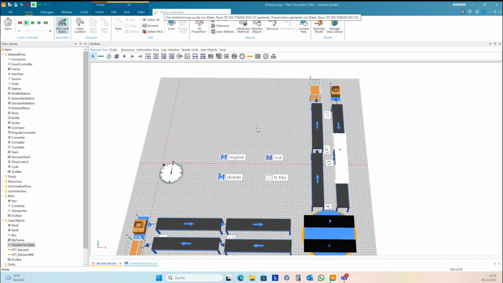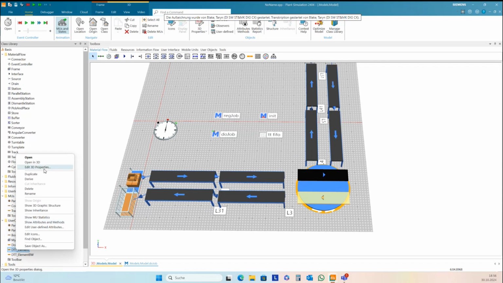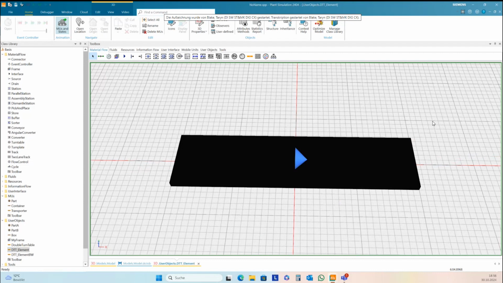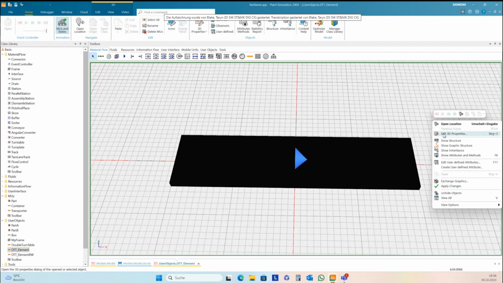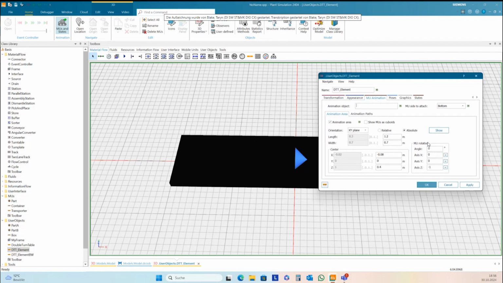Okay, now we only need to change the orientation of the part during the animation on this turntable element. Open 3D. We need to go here into the 3D attributes, MU animation, and here we can set the MU rotation.